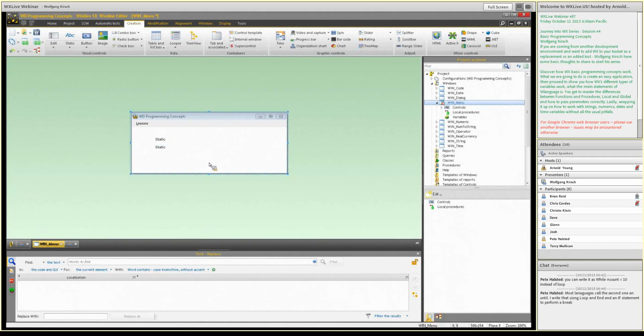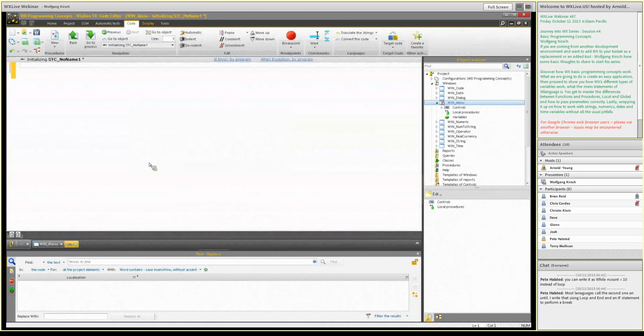This one is called static no name 2, and this is static no name 1. Now let's do something. I'm going to do two things at the same time, because we're going to talk about procedures and functions also. But I'm going to start by saying this one is initialized, say example, myself